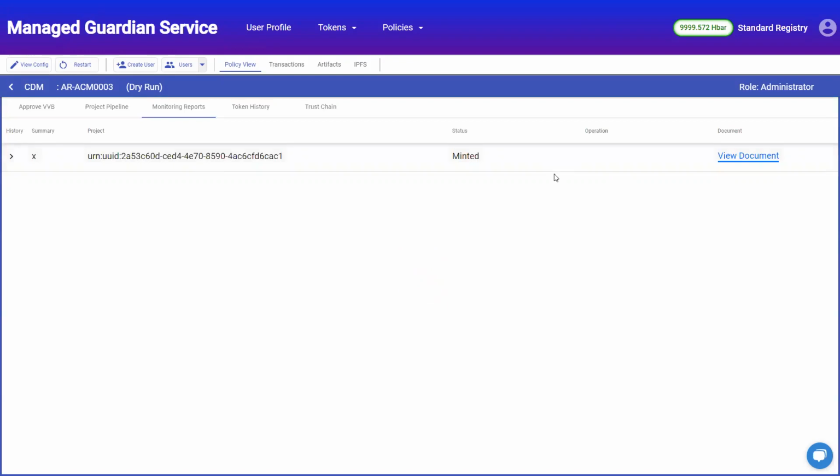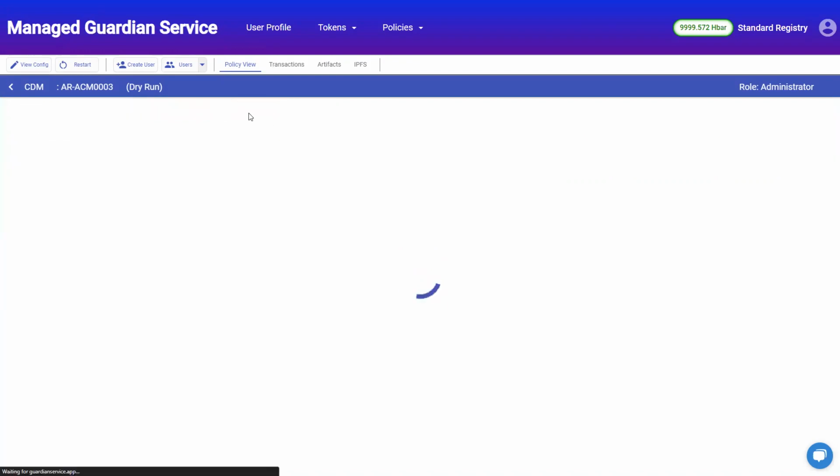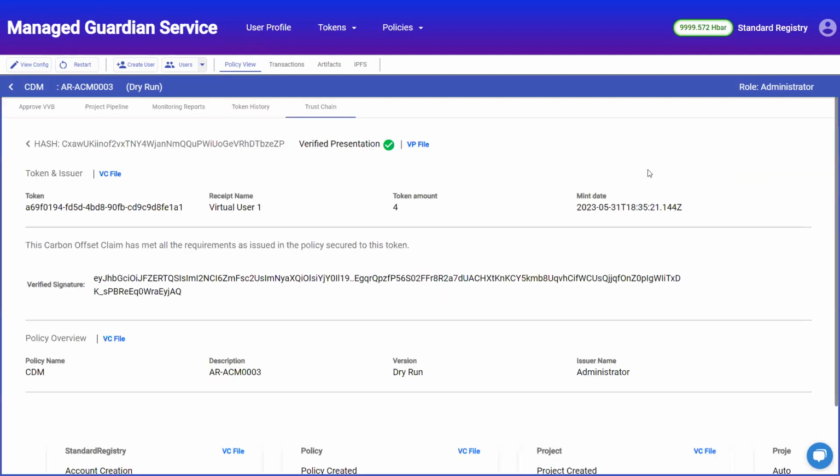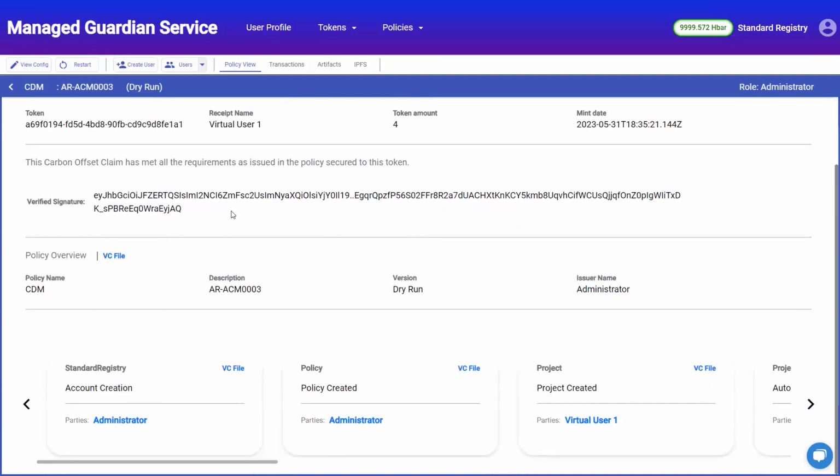We see our status go from minting to minted, and we can select the token history tab now. And we're seeing that for this project with the demo values that we input, we got 4 tokens here. We can select view trust chain, and we're seeing that VP, the verified presentation with all the VC files in it. You can see the token that was issued, who received that token, what amount, and the mint date. You also see their verified signature, what policy it is, and at the very bottom, this is the most important part of all of this, is you can see every step that was taken from the very beginning